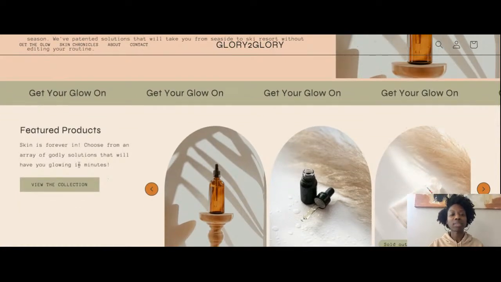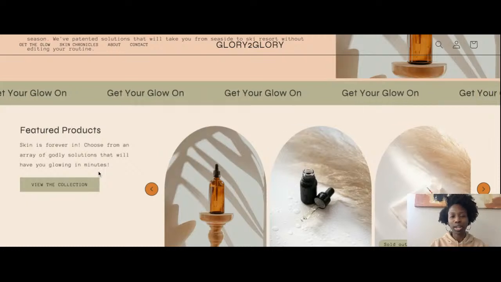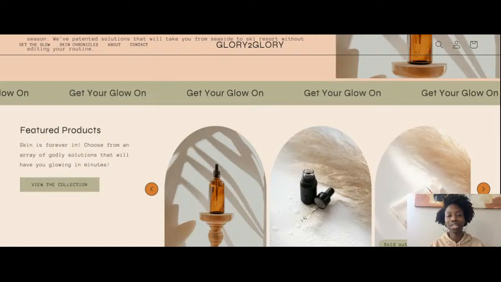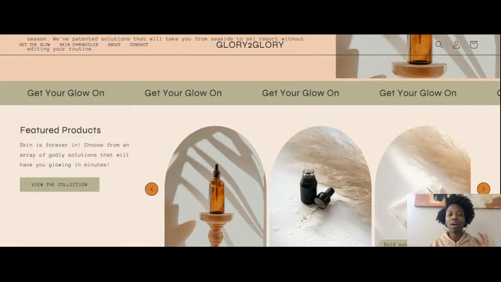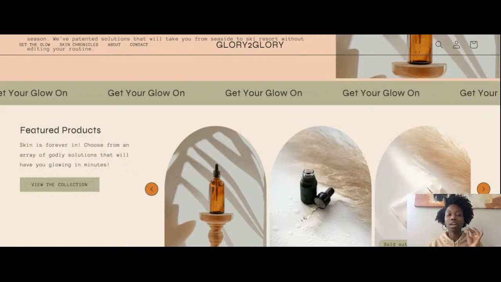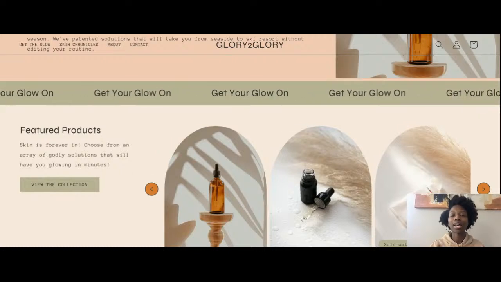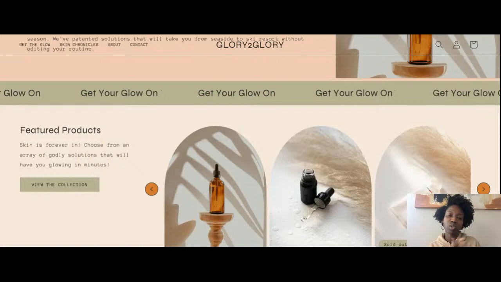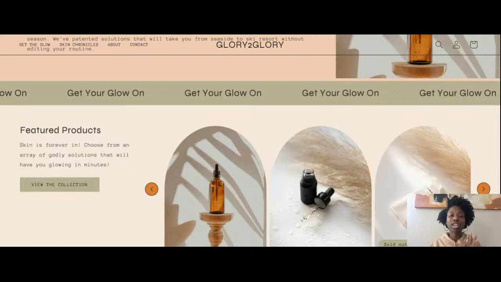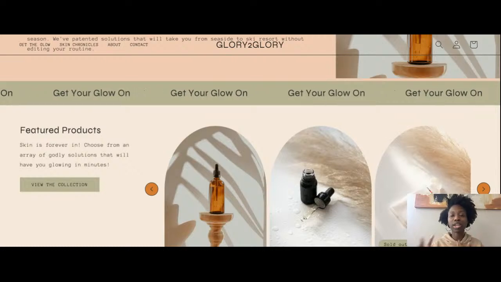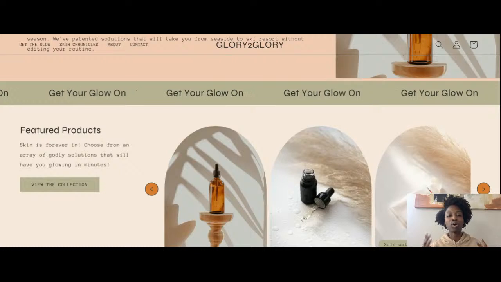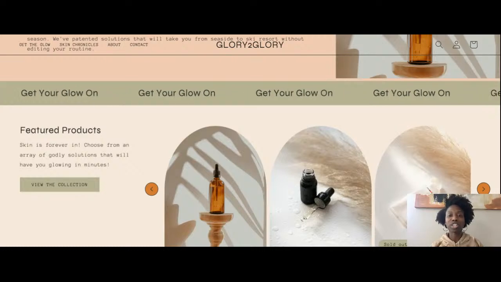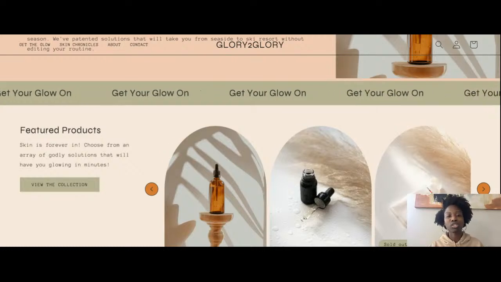So aside from that, we also have this scrolling text. This is called a marquee. And in a marquee, you can have taglines. So in the case of Glory to Glory, the tagline is get your glow on, because this is a skincare brand. It's all about using products that are going to get you a glow. So the tagline,